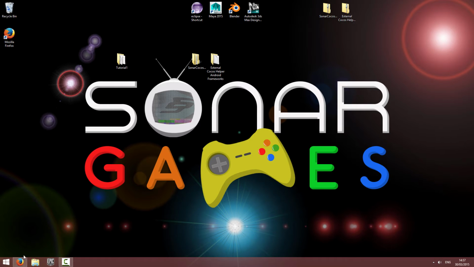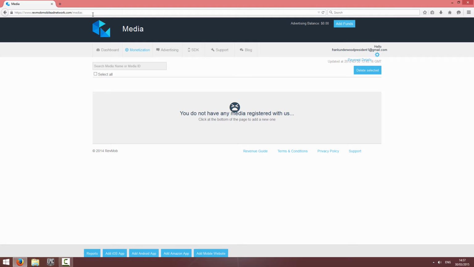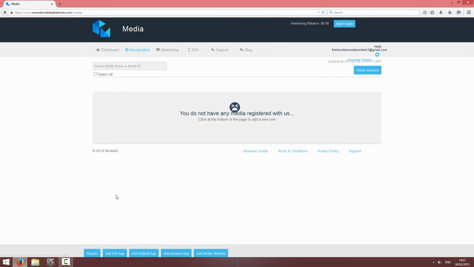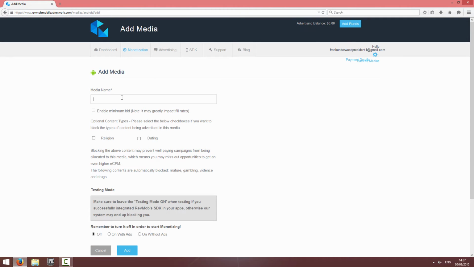So the first thing we're going to do is go to RevMob and sign in. And you might be taken to the dashboard page initially. So if you are, just click on the monetization tab. And right at the bottom, you can add an Android app. There should be a thing that says Add Android App. So you click that and you just give it a name, so I'm just going to give it tutorial RevMob,